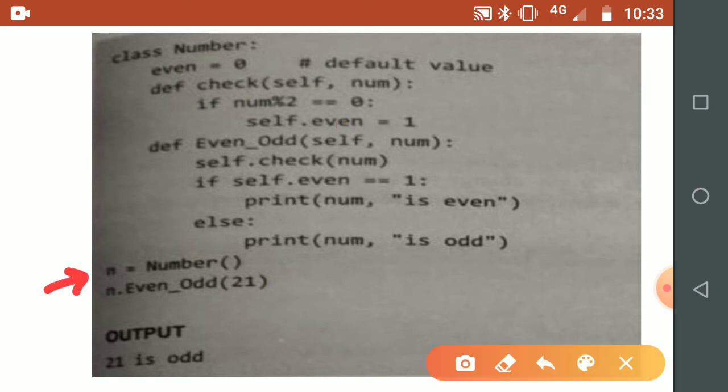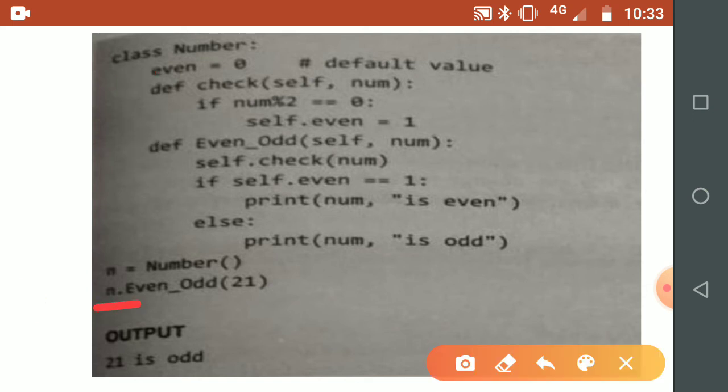Now here I have created the object n is equal to Number, and I have not passed any parameter during the object creation. We know once we create the object, with the help of that object we can access any member of our class. Now there are three members in our class. The first member is the class variable, and the remaining two members are methods. The first method is check, another method is e1_odd.